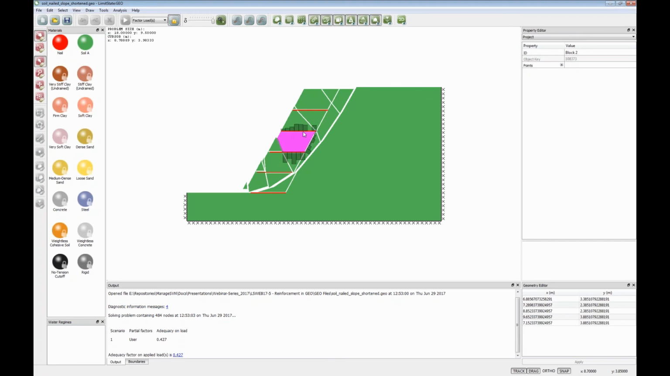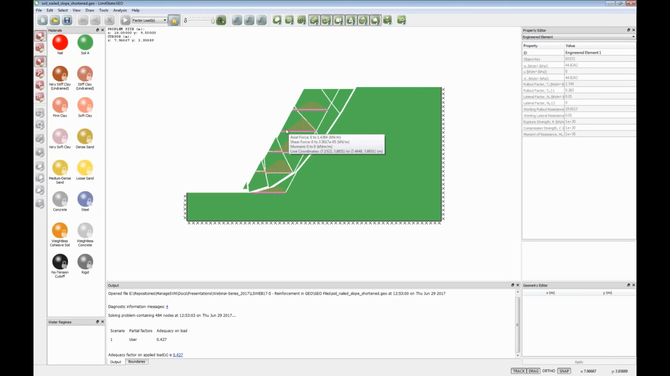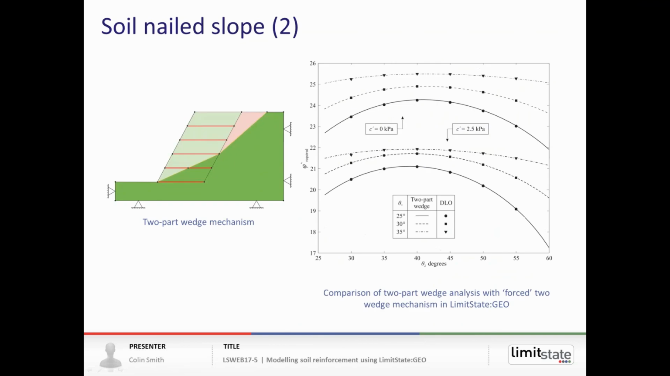And if you click on these elements, the nail, we can actually look at the stresses in the nail. So as you'd expect, 0 at the ends and building up in the middle as the shearing goes through that. But in this case, there's not a lot of force being transmitted through the nail. So jump back to the presentation. Just to wrap that one up,